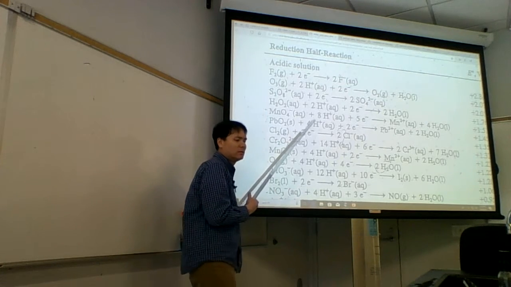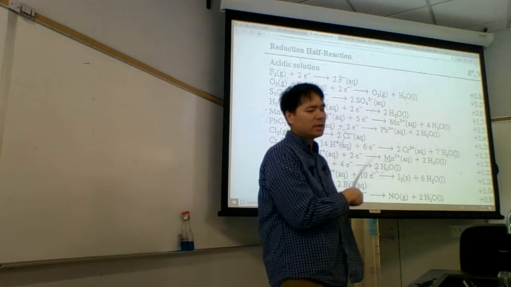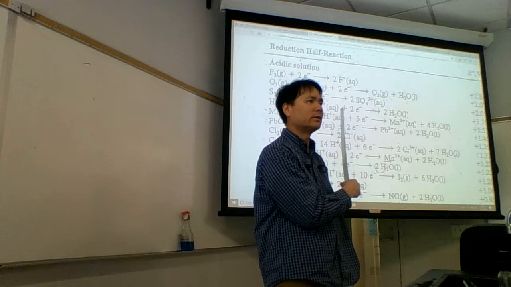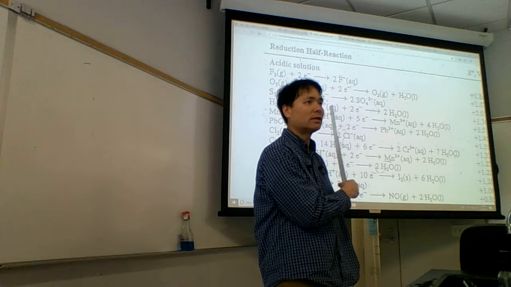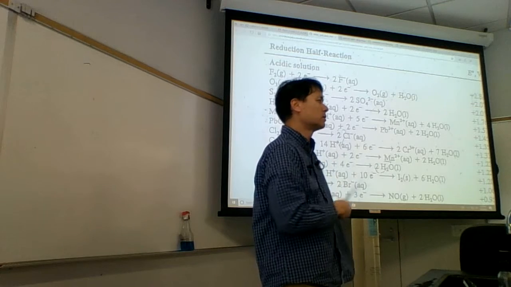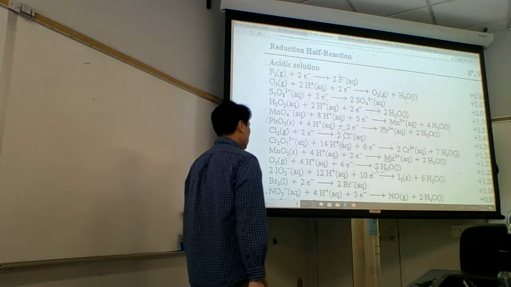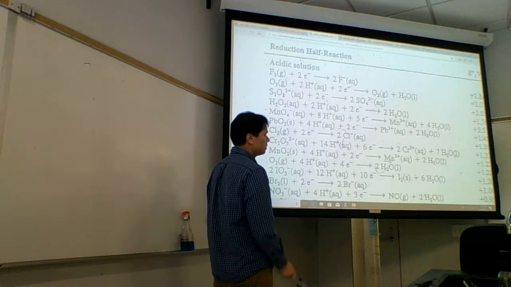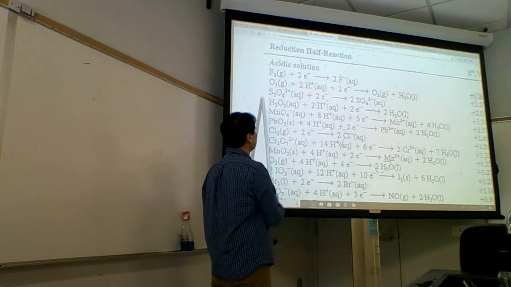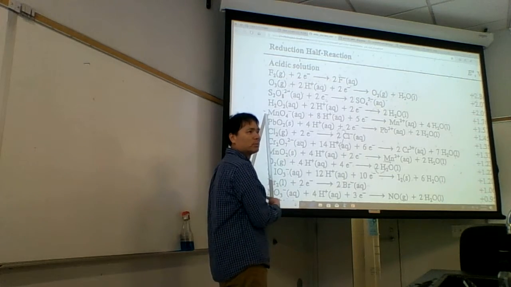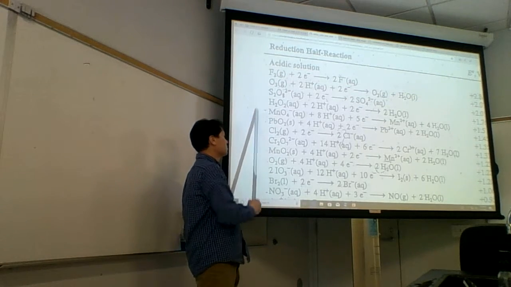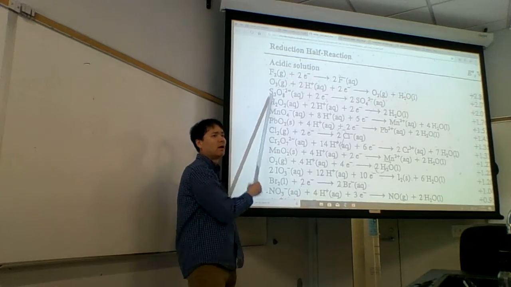So when a student asks me, do I need to memorize it? Well, it depends on how you memorize it. If you memorize it and you go, hey, I memorized that perchlorate's not on the chart, therefore perchlorate is insignificant, that's worthless. In that sense, memorization is worthless because you don't know anything beyond what you've memorized. But if you know something beyond what you've memorized, like perchlorate's going to be in this region here, it's some pretty dangerous stuff. So it fits right in this region of powerful oxidizers.